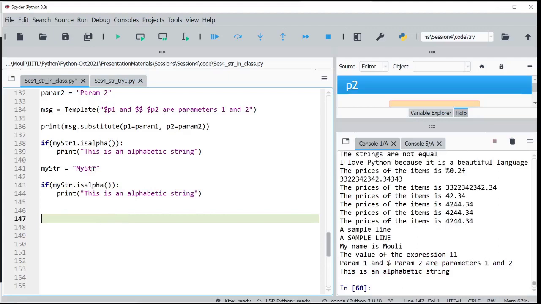So this is an alphabetic string. So only alphabets are there, no numbers are there. Okay, so this is an alphabetic string. Okay, otherwise I will call